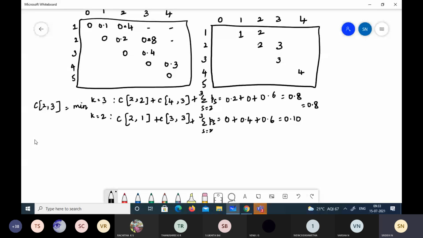Okay, now you calculate for C of 3 comma 4. What is this position? 3 comma 4. Yes, k equal to 3 and 4. Calculate and tell me the value.